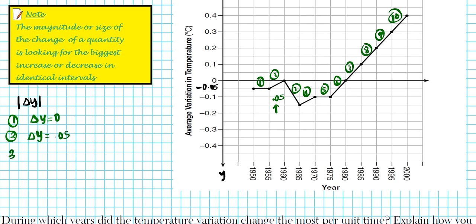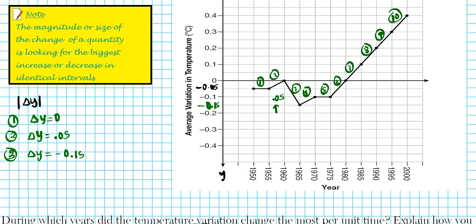Okay, let's look at the third time interval. What do you notice happening here? For the third time interval, there was a drop. You drop from 0 all the way down here. This is negative 0.15. Okay, remember every box is 0.05. So if you triple that, you get negative 0.15. Okay, so our fall in this case for the third time interval from 1960 to 1965 is negative